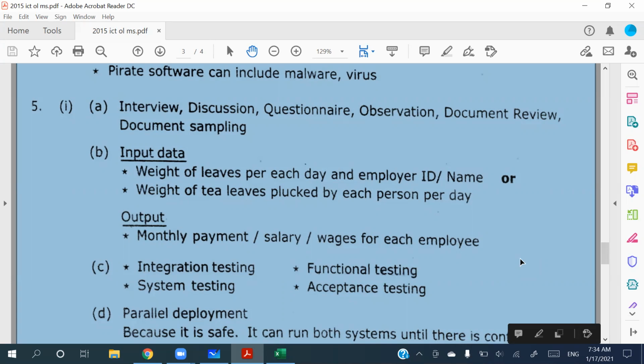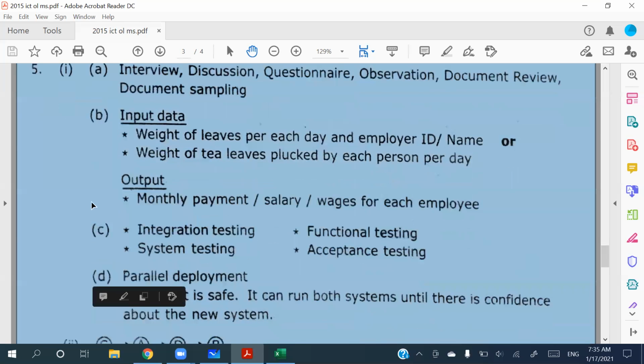Right. If you got those two things, 2 marks will be given. So weight of leaves plucked by each person per day should be there. That's going to be the input data and output is going to be the monthly payment. So 2 marks. And in C,